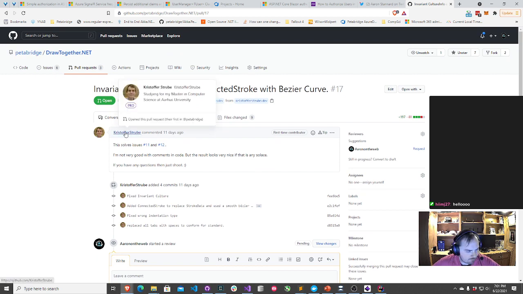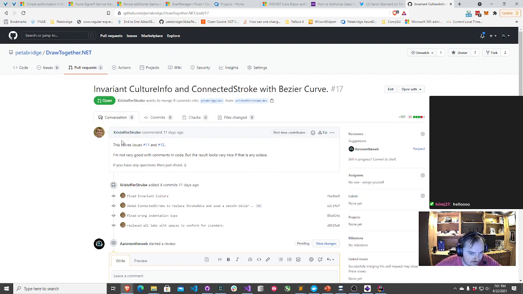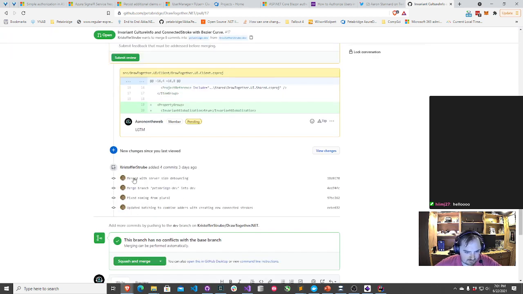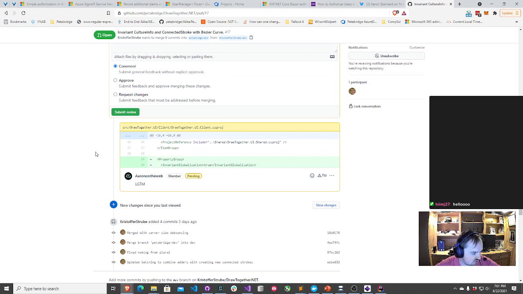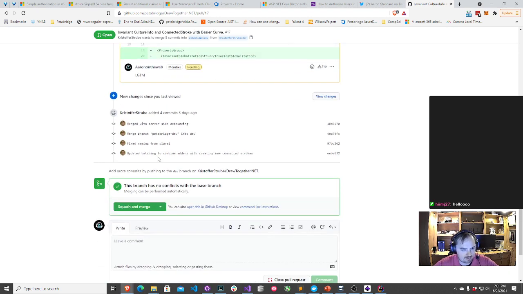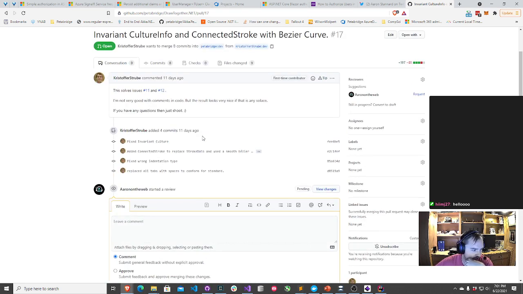Now, Christopher, who's joined us on a stream a couple of times, actually updated this pull request he sent me to include a couple of other changes we made behind the scenes. And I wanted to take his changes out for a spin locally. So I'm going to grab his latest version of this branch and fire it up and see how well things do inside JetBrains Rider, which is an alternative to Visual Studio. So we'll go ahead and take a look at that.